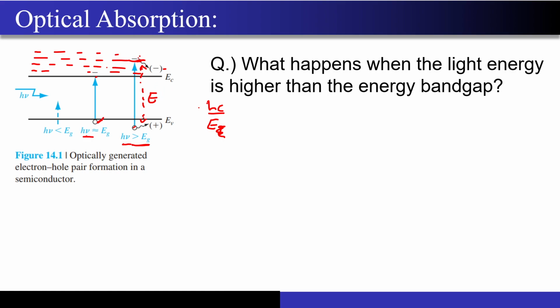Now once an electron is in the higher state of the conduction band, the electron always likes to go into a state of lower energy. So it will fall back to a state of lower energy in the conduction band, and the energy difference, let's say E2 minus E1, will be dissipated in the lattice in the form of heat. So do not think that when you shine the light, one photon will generate 3-4 electron hole pairs. That generally does not happen.